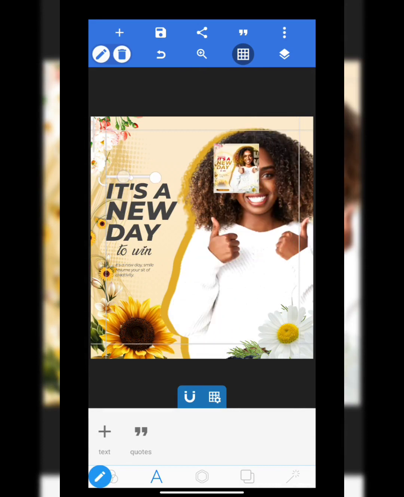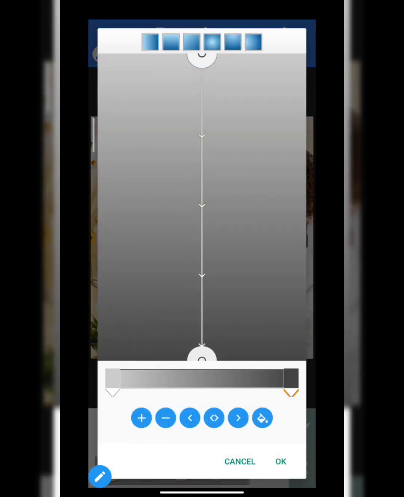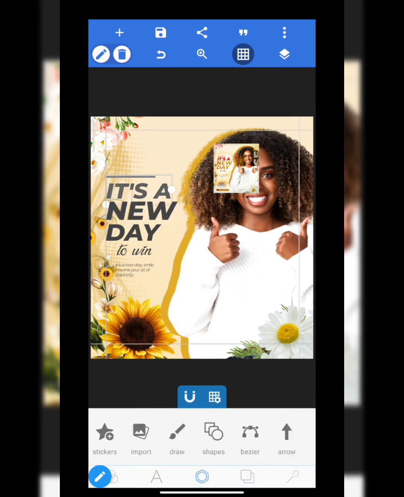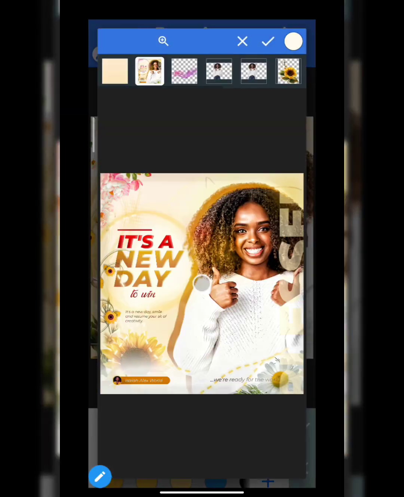From the previous session, we stopped at adding colors to our design. So I'll be adding colors to the design now. Let me go to color. I used gradient, not even color. So let me just start from the red, the text, so that I can get the color right, because it's the same gradient for the text and the